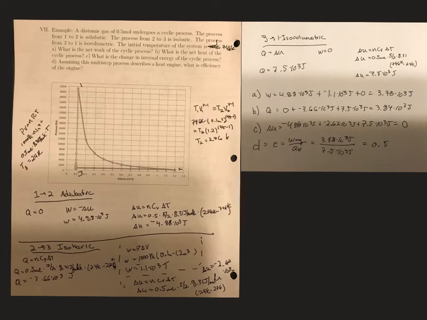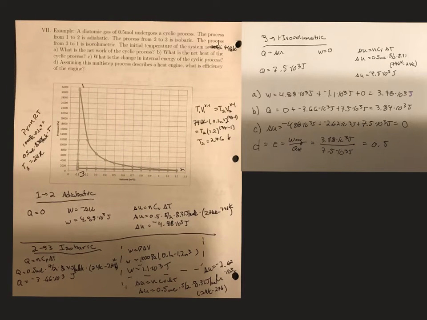which reduces down to 7/5. And since the process from 2 to 3 is isobaric, I just use then the ideal gas law because I know the pressure and the volume and the number of moles in order to find the temperature at point 3. So from 1 to 2 we're adiabatic, and don't forget you should be looking at that table provided in chapter 20. So when you're adiabatic,